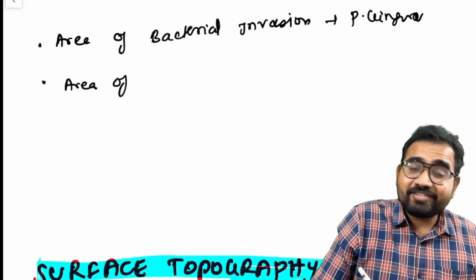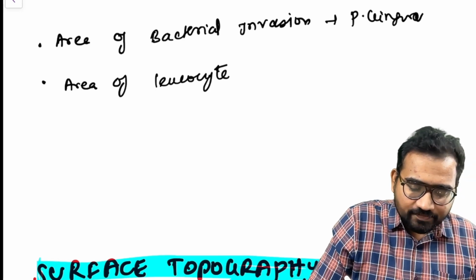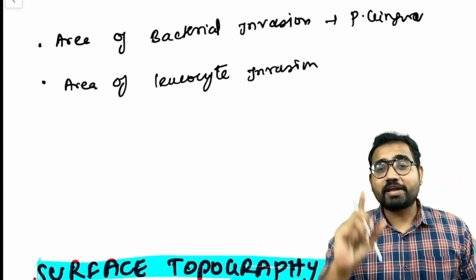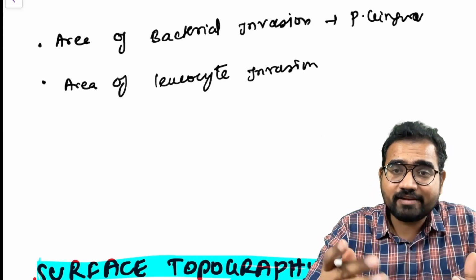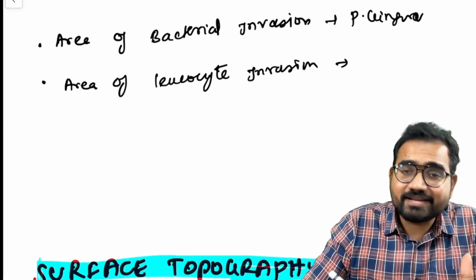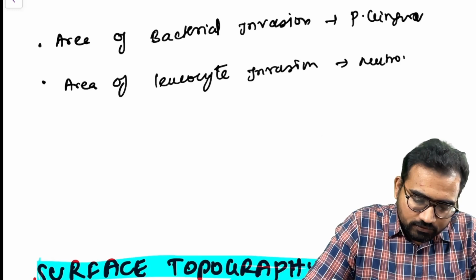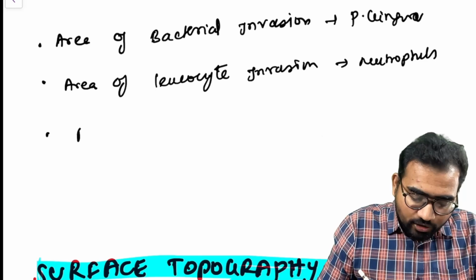Area of leukocyte infiltration, neutrophils, right? So what happens, what does the body do? Okay, you are coming, then I'm also coming. So there will be area of leukocyte invasion where there will be increased migration of neutrophils, and once this takes place, there is going to be area of